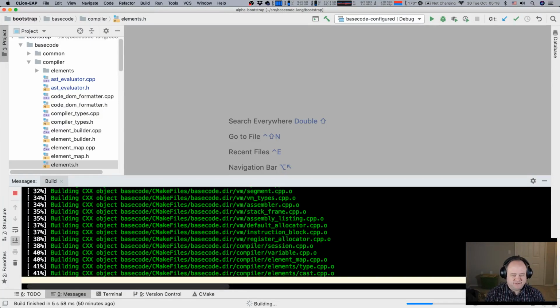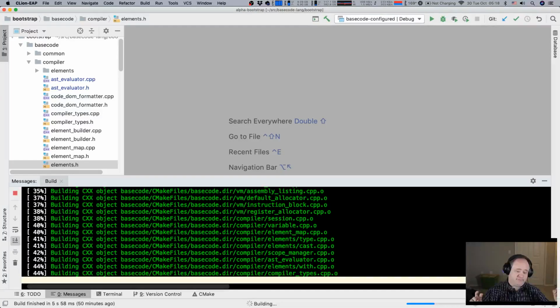It seems like it isn't used as much anymore, but I think what I would like to do with Basecode is, I have a couple of ideas for killer applications for Basecode.